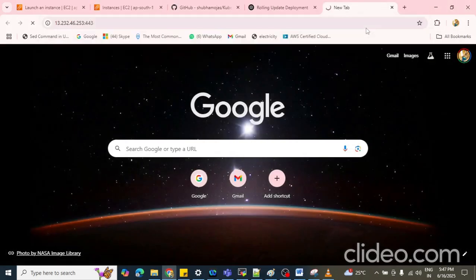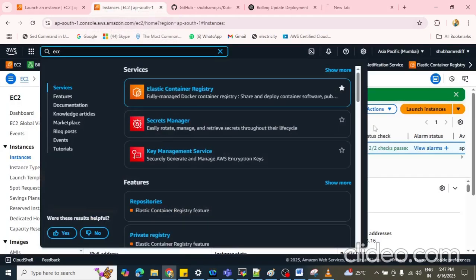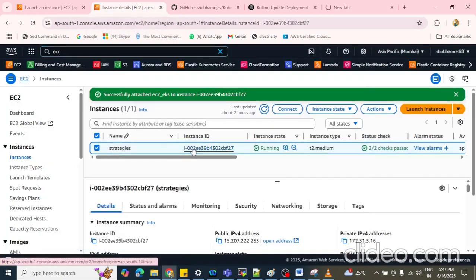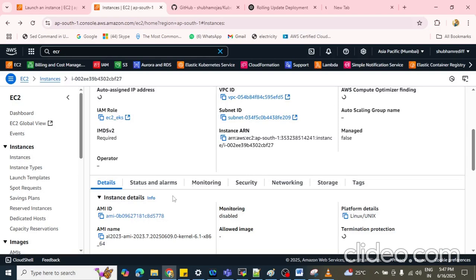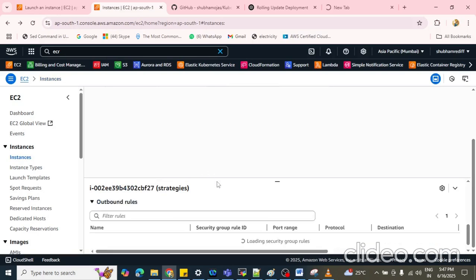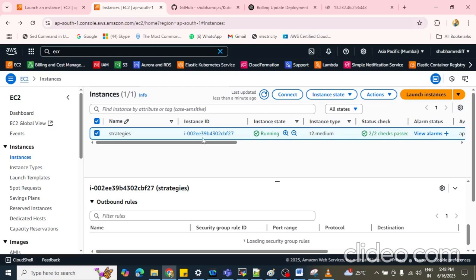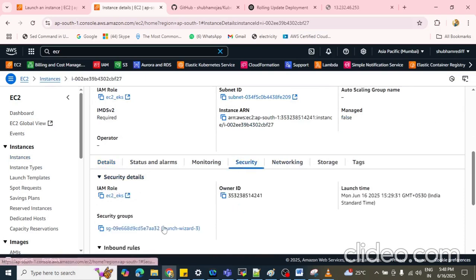Let me enable the security port number. Actually it is not allowed, that's why we are not able to hit this URL. Go to the security group. Click on the security group.